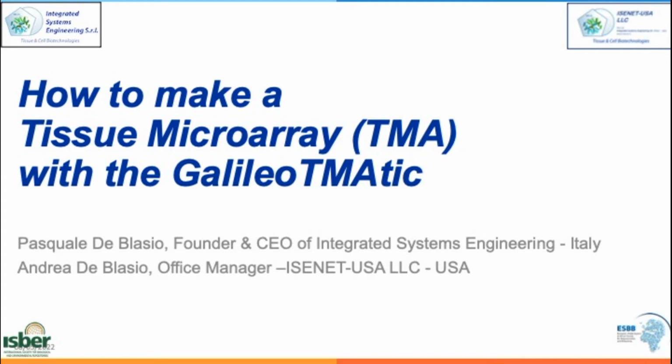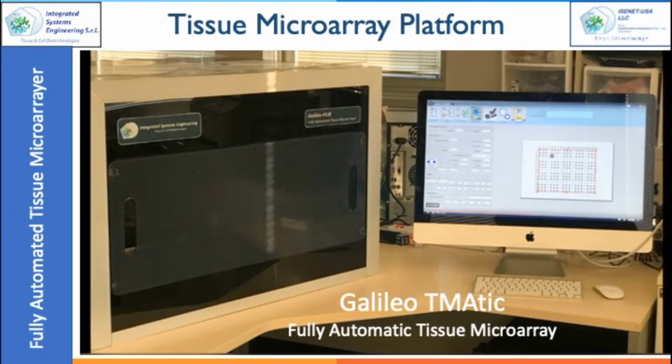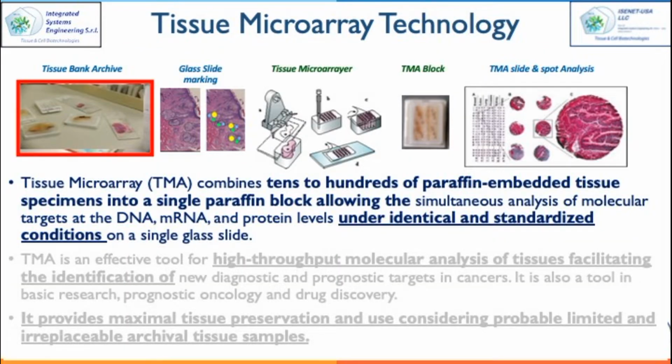In this video, we describe how to create a TMA and make a block using GALILEO TMAtic, a fully automated tissue microarray. Tissue microarray, or TMA, combines tens to hundreds of paraffin-embedded tissue specimens into a single paraffin block, allowing the simultaneous analysis of molecular targets at DNA, mRNA, and protein levels under identical and standardized conditions on a single